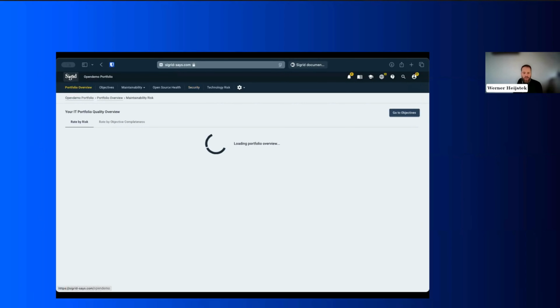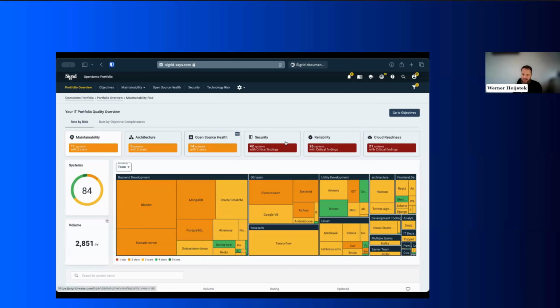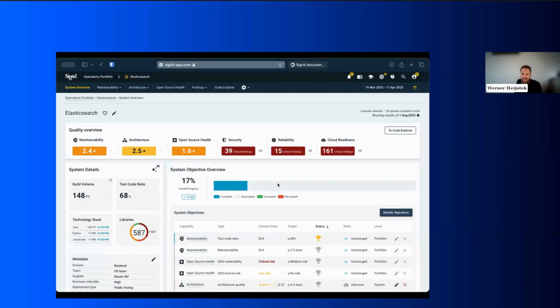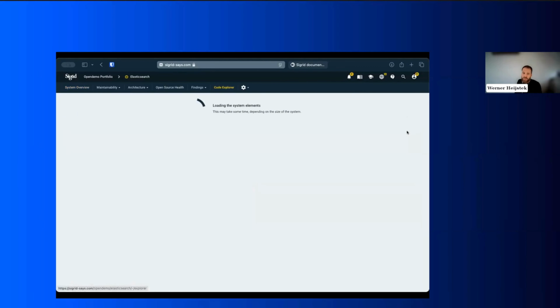There, of course, are different angles of what I could show. What I always find interesting is an important view that you can take when you want to decide what technical debt to work on, is to figure out what type. So I zoomed in on one particular application here called Elasticsearch. And there are different ways of getting to the same bits of information. I'll pick the more technical angle here. So I'll go to what we call the Code Explorer. That means that I can actually navigate the entire Elasticsearch code base, which is big. So it takes a few seconds for it to show everything on screen.